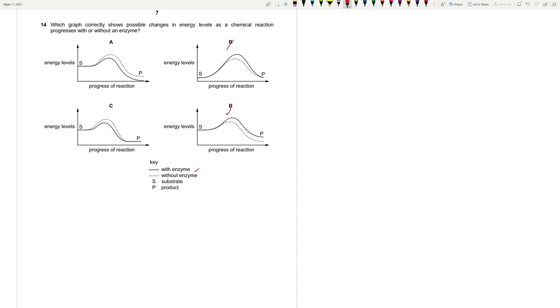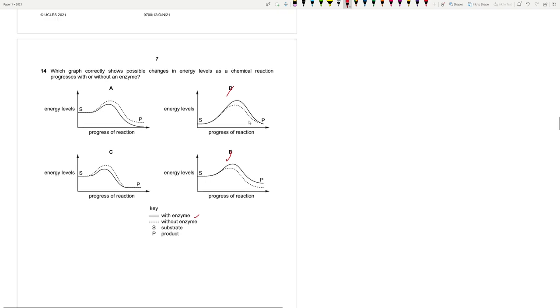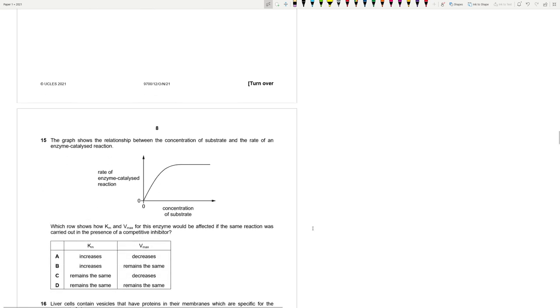About A and C, which one is correct, right? Both the dotted line and bold line will end at the same point, same height. That's the important part. So A is wrong, C is correct. Okay, 15. The graph shows the relationship between the concentration of substrate and the rate of an enzyme catalyzed reaction,